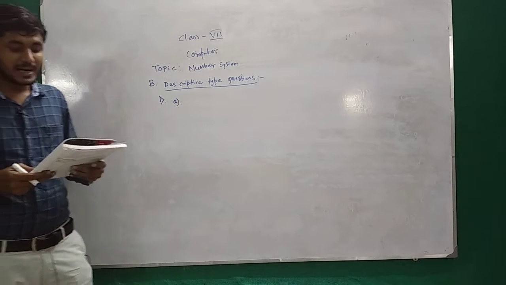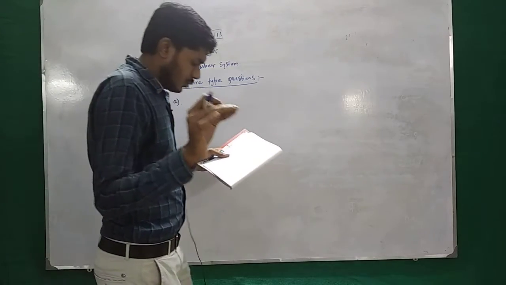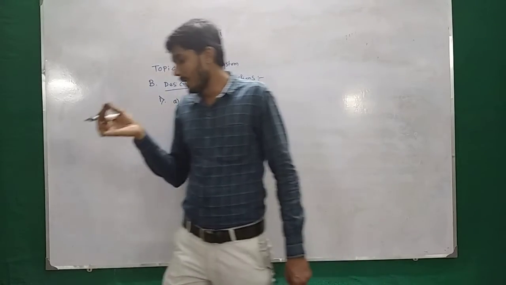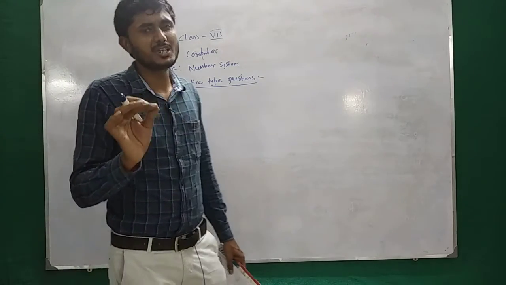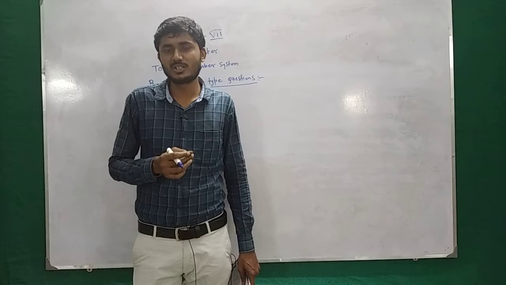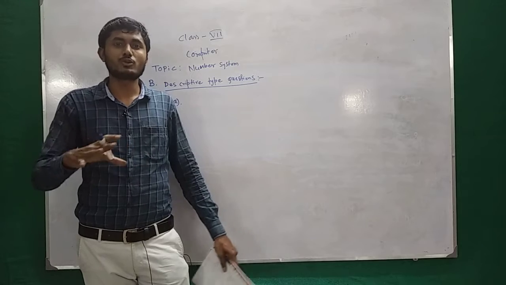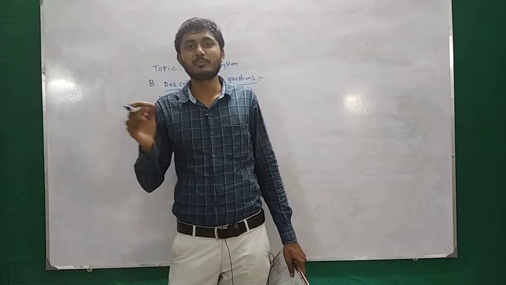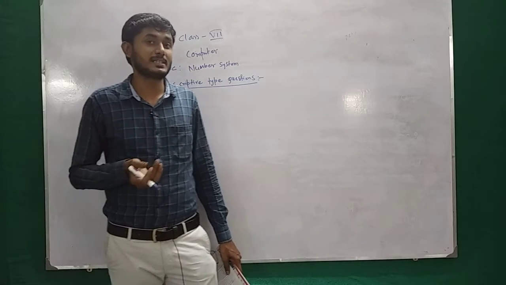What is the radix of the binary number system? We know the radix is the base. What do we mean by base or radix? Base or radix means the number of values a number system takes. Suppose the binary number system takes two values, 0 and 1. That means the base or radix of that number system is 2. If I have a number system, say Manos number system, that takes three values, 2, 7, 5, that means my base or radix is 3. This is the actual example.